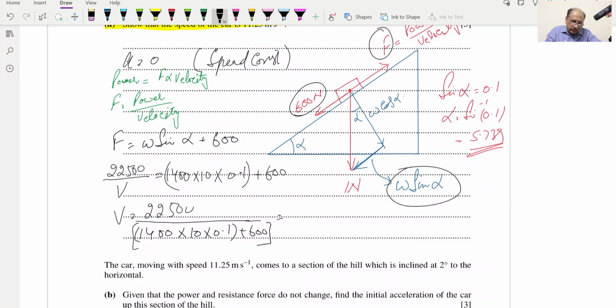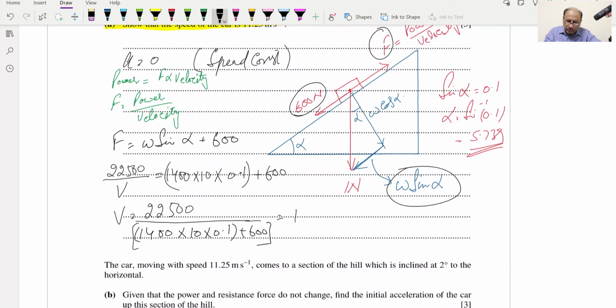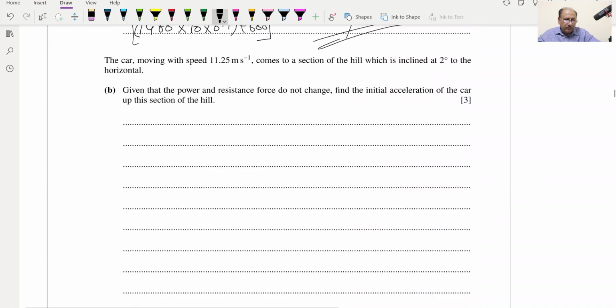Again, this is 10 we missed over here, so this should be 22,500 over here, and we got this one as 11.25. So this is equal to 11.25, and velocity will be meter per second, and this will be the final answer. Now we can move to the B part, and B part says the car moving with speed 11.25 meter per